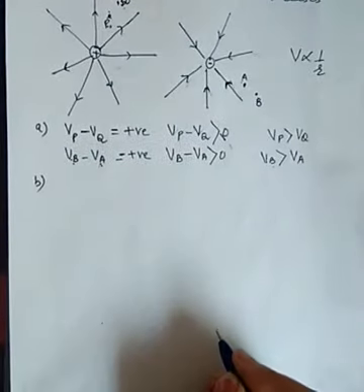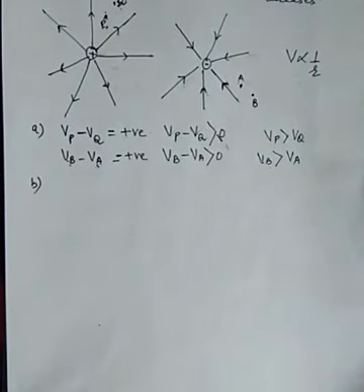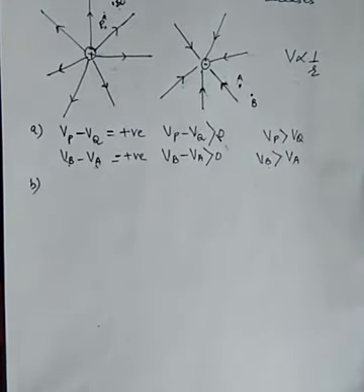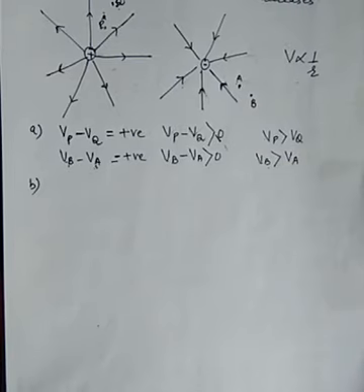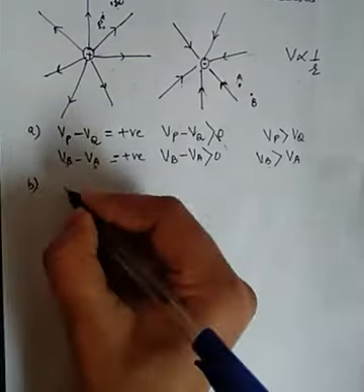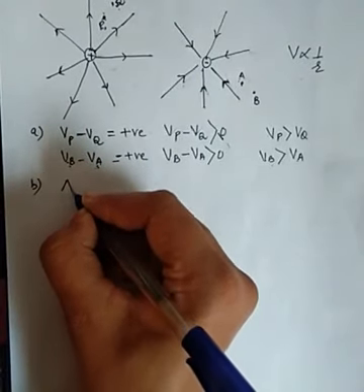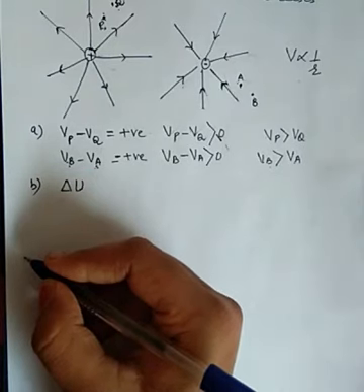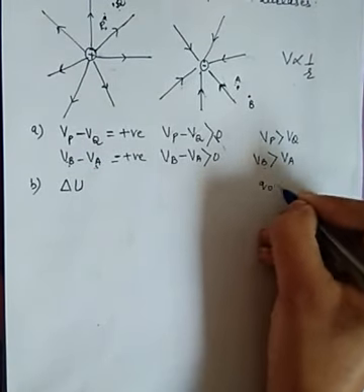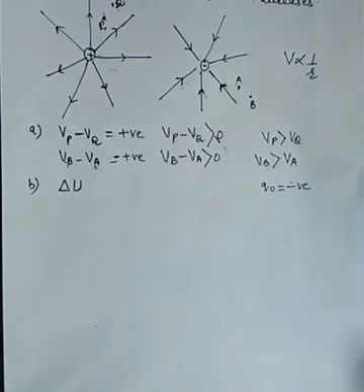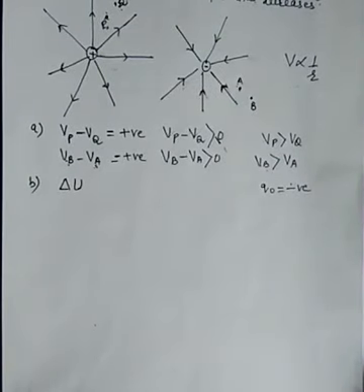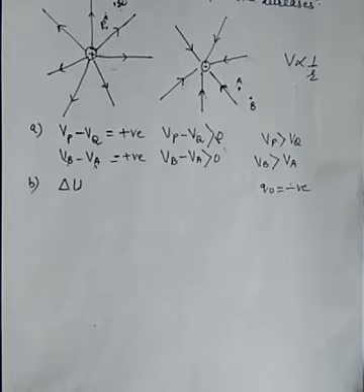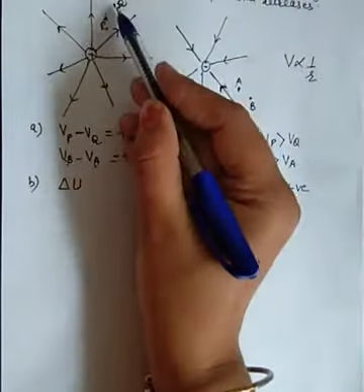Okay students. Now in the second part we have to provide the sign of the potential energy difference of a small negative charge between the points Q and P. It means we have to find out the potential energy difference of a negative charge. It means the test charge that is being provided in our statement is negative. We have to give the sign of the potential energy difference of a small negative charge between the points Q and P, A and B. Q and P.